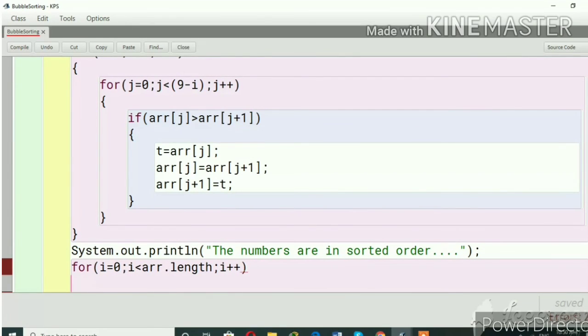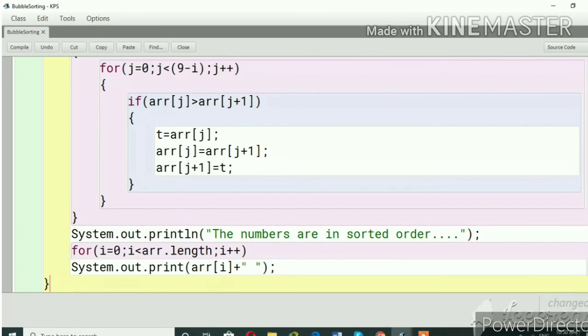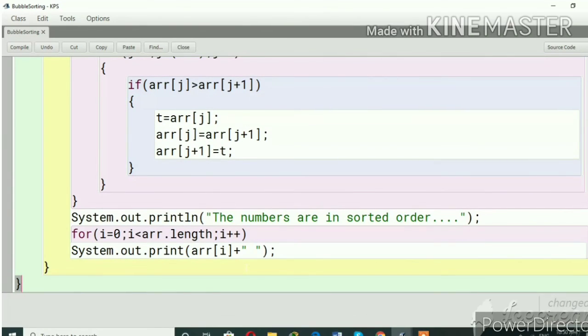This is for printing. So here arr[i] close. You can print in one line also, so remove the ln and give a space, and semicolon, curly brace close for the loop, and this one for the class.